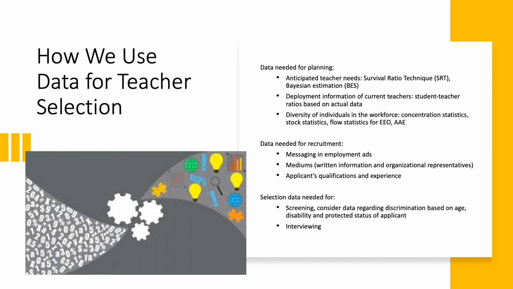To improve recruitment, messaging including psychological rewards and job duties have been found to be more effective, and messages concerning economic incentives less effective for generating applicants. Regarding recruitment mediums, the personal touch, meaning when a person is listed as a contact instead of an office, or when an organizational representative is used to promote opportunities, is more effective than more impersonal communication means. The applicant's qualifications should be considered as they complement other skills or meet identified needs.